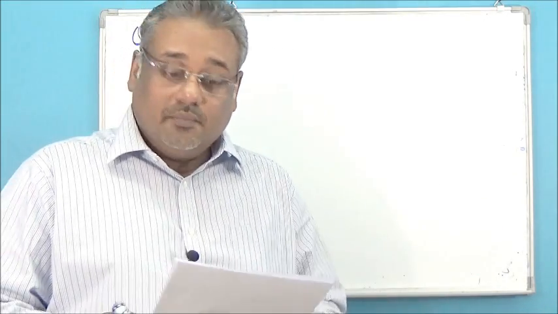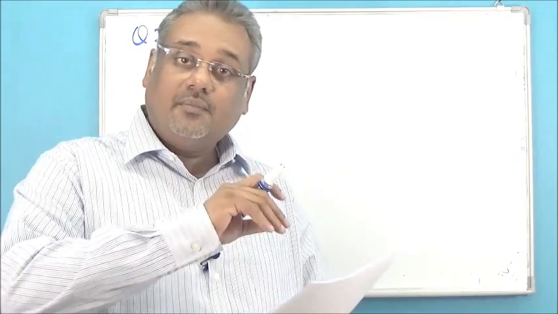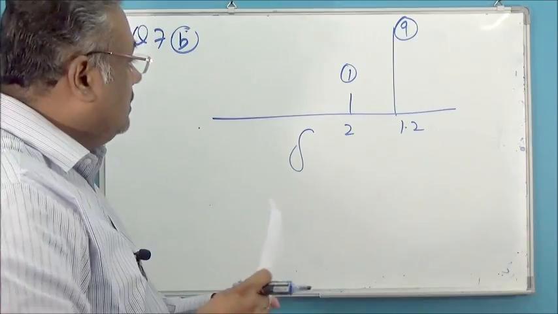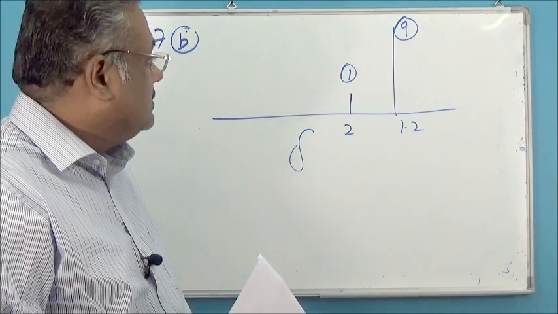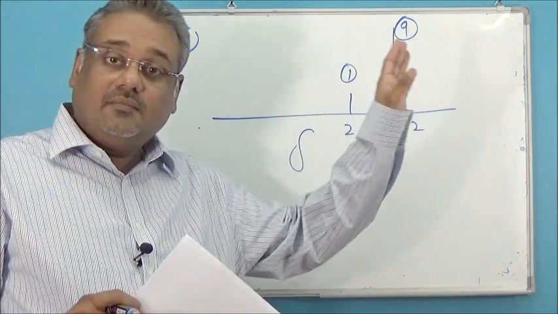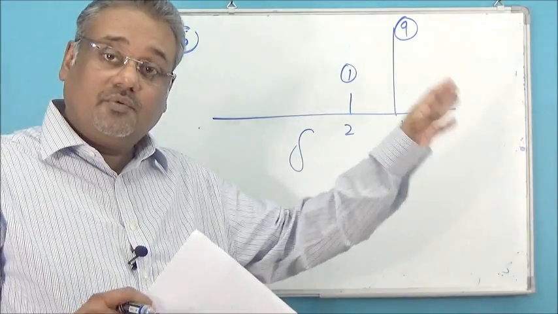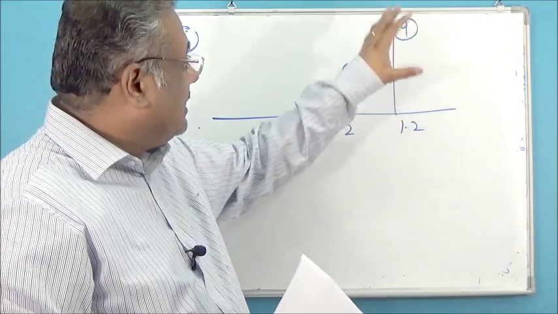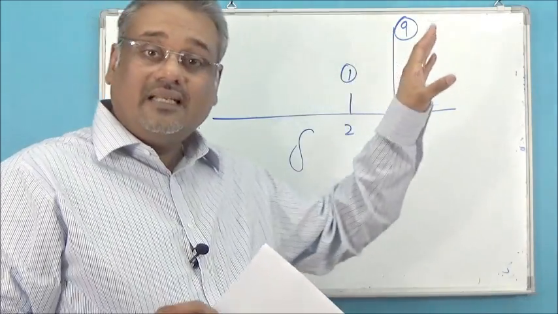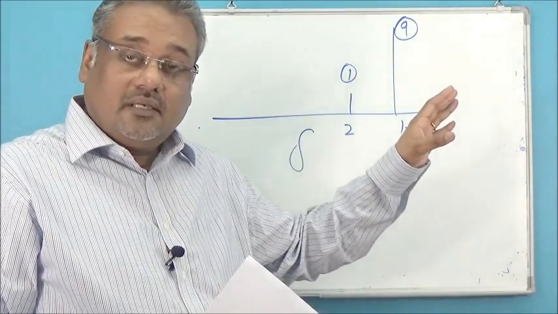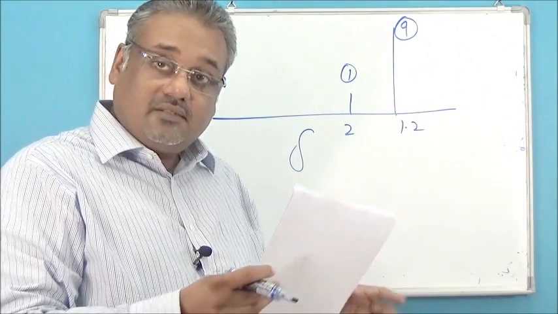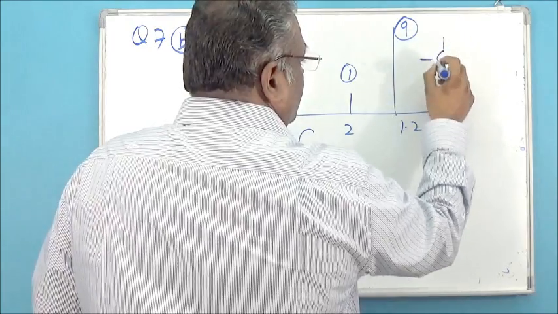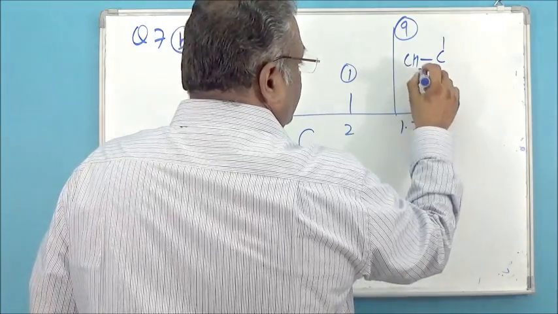Now let's have a look at question number B part, where there's an NMR spectrum mentioned, and I'll just draw the main essential peaks for you. Now first off, the number that you see on the top of the peak is the number of H atoms, the number of protons that you're looking at. Now 9 protons are resonating in an identical environment, and the only way you could figure this out is to think of 3 CH3s. So if you have a carbon connected to 3 CH3s,